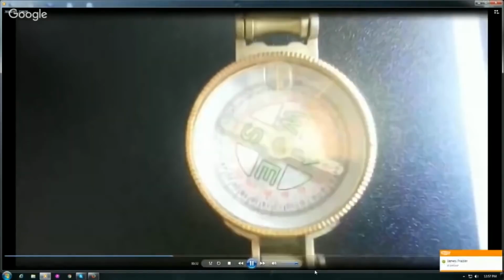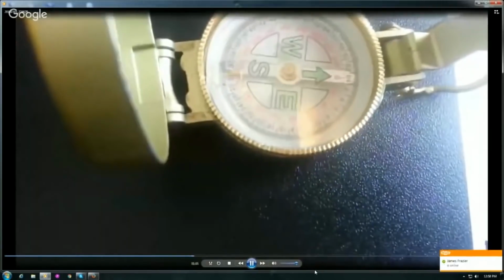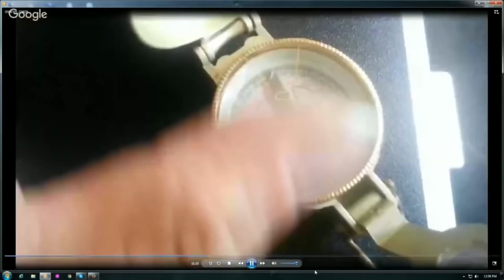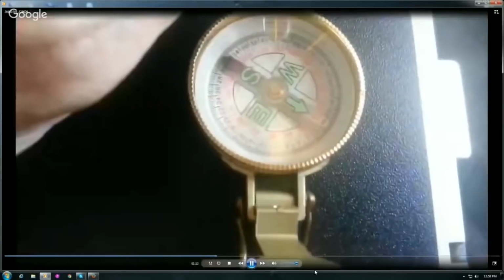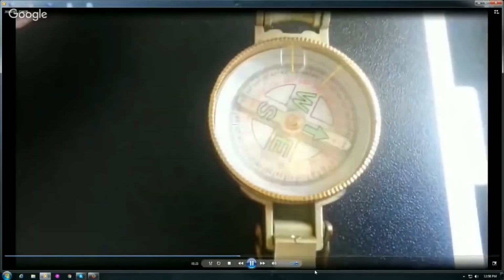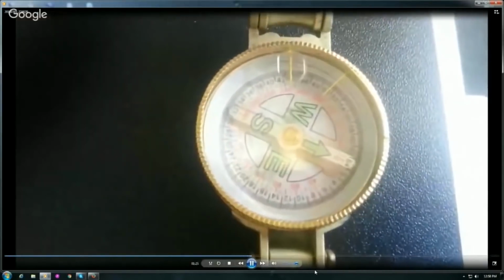Getting a different reading from my compass. As business comes around, the reading stays the same. So they're giving me a reading of northwest. They're giving me a map direction of northwest. On my compass, I'm getting a reading